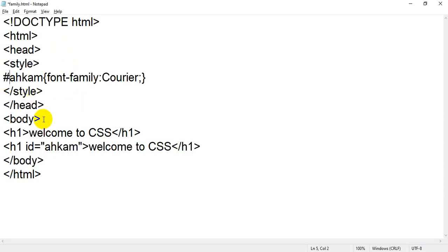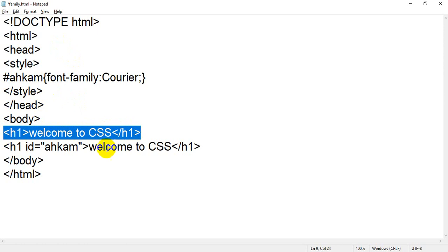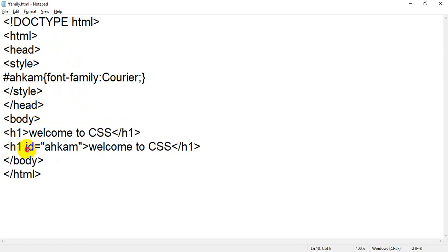Now instead of the first heading, I have used the second heading and I have added one ID, that is ICOM. So now the change will be in this one, that is the second heading.